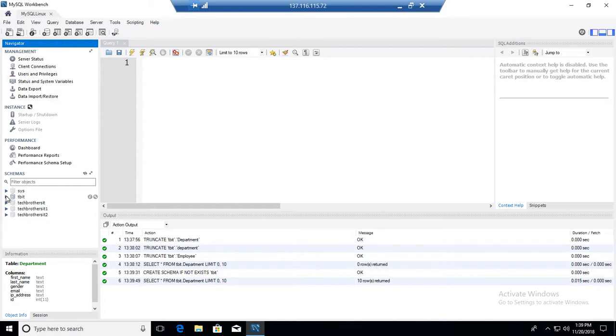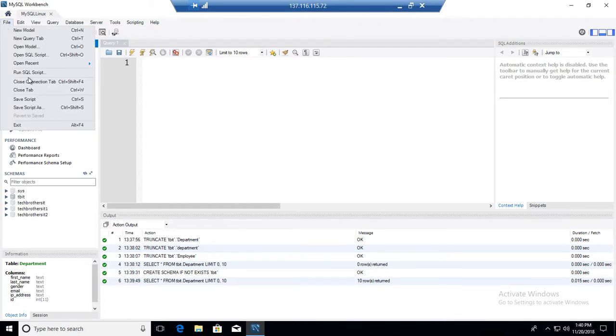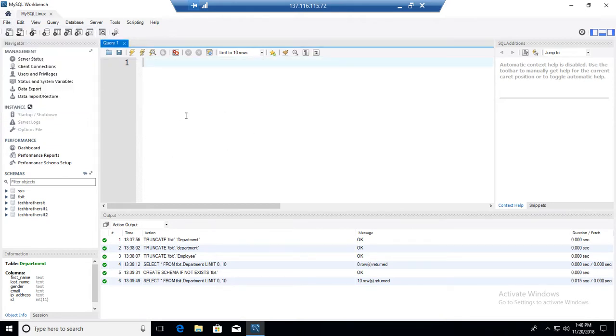If you have a big one, you can simply go to the File menu and say run SQL script. You have another option as well: you can open the query, open the file, and just run from there. But the thing is, if you open that file, sometimes the file is too big, and then you will have different memory